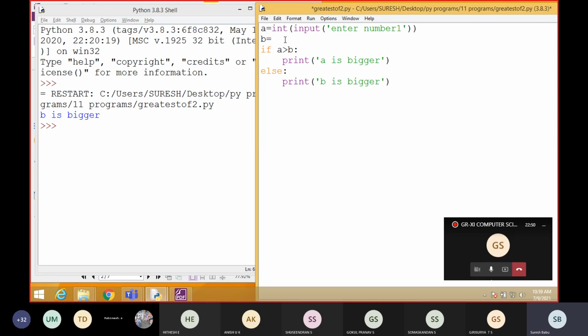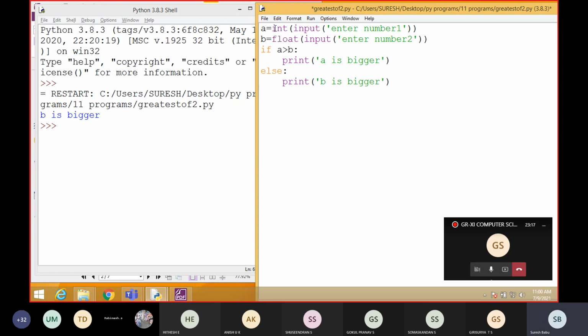Then integer of input of the second number, 'Enter number two'. Here I am using integer, so that whatever you give will be converted into integer. If you need float, instead of integer you can use float also. Float, everyone knows, is a decimal value.